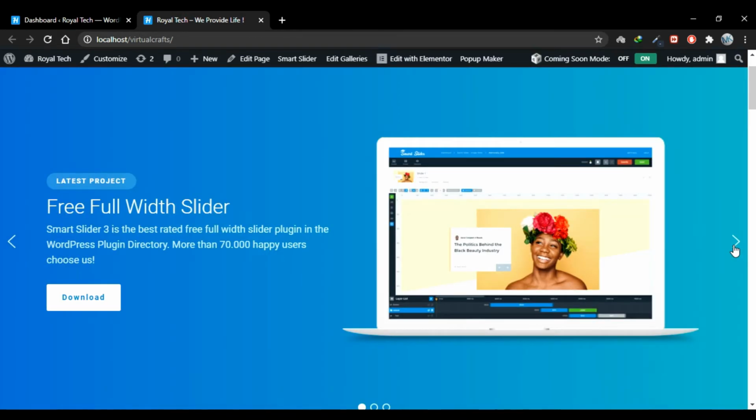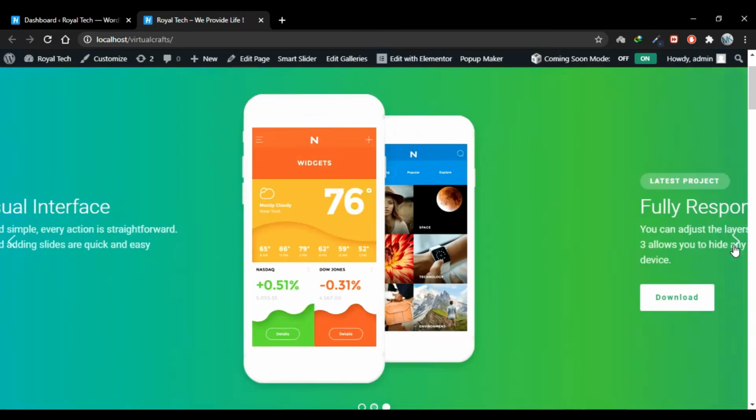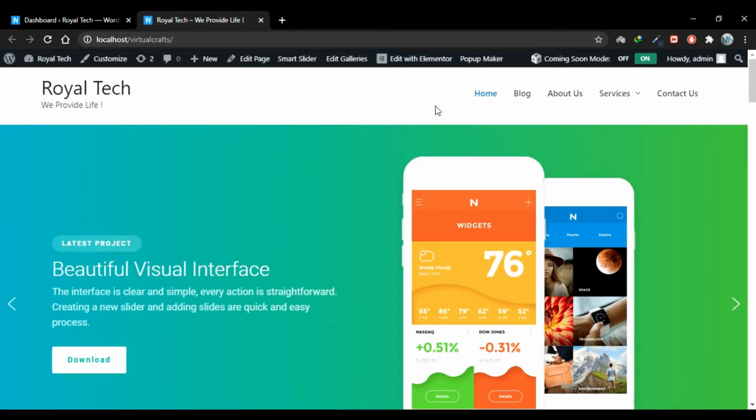If you've not seen that video, you can click the link in description or you can click the card at the top right corner. Now what a permalink is, that currently your home page is open, so the link here will be simply your domain name. But as soon as you open anything else on your website, any other page, any post, any section, you will have an additional string appended to this domain name, and that is basically the permalink.